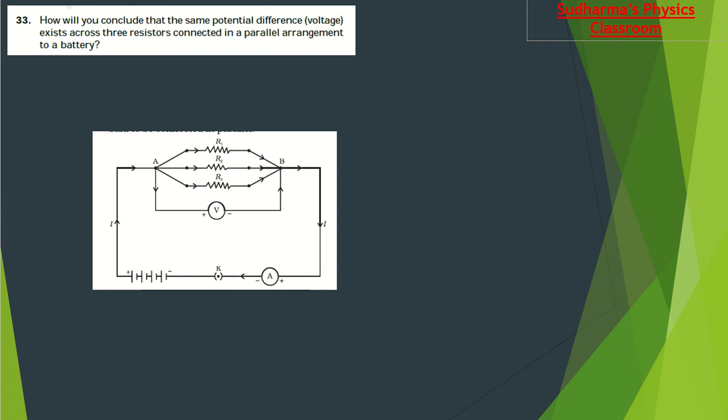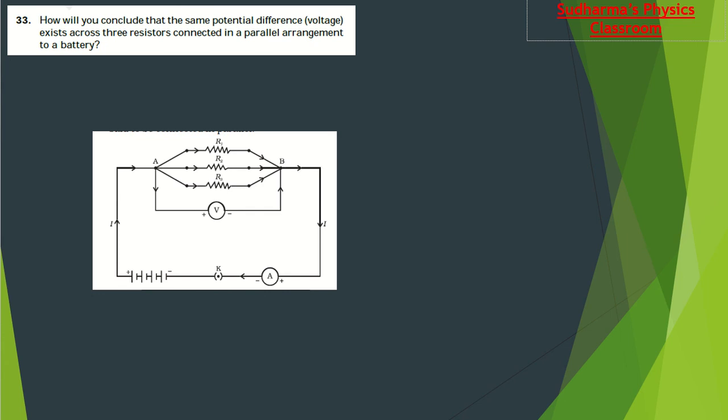Okay. So why is it happening so? Why is it the same voltage across all the resistors? We are connecting it across the same terminals, right? It's connected across the same terminals A and B. So the potential difference is measured between 2 points in a circuit. R1, R2 and R3, all of them are connected to 2 common points A and B. That is the reason we are getting the same potential difference.